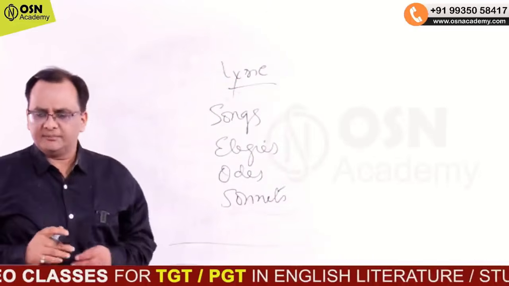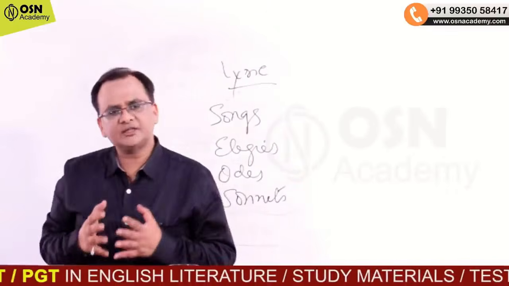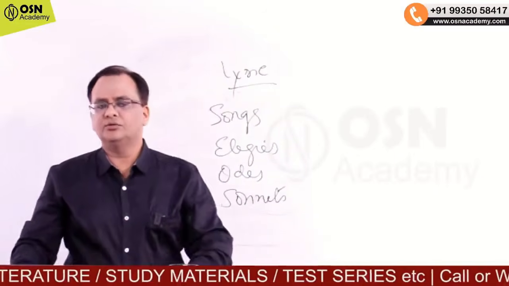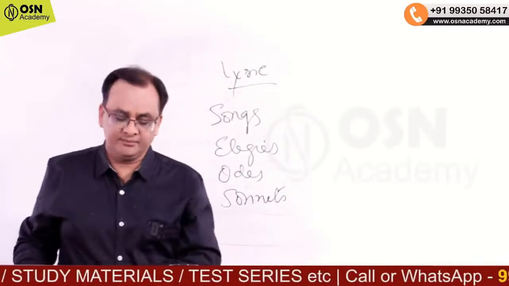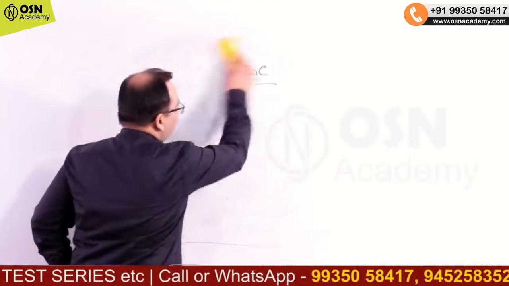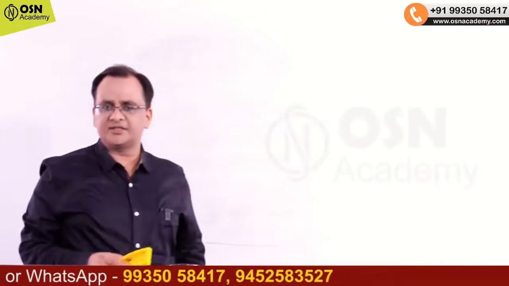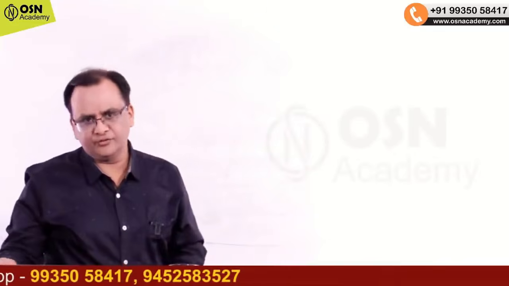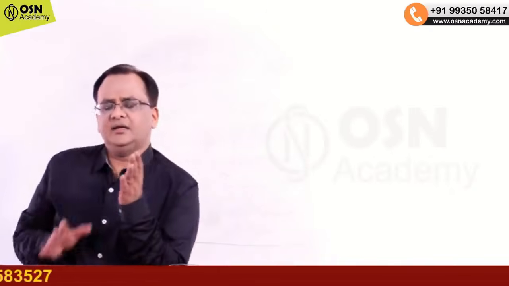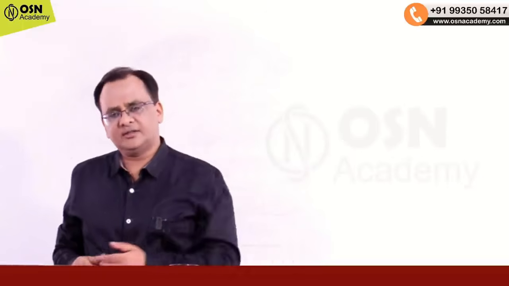ठीक है. And these are the things due to which the poet expresses the feelings of a single speaker, and lyrics are also the most common type of poem in even modern literature. आज modern literature में भी आज हम इतना आगे आ गए, फिर भी lyric poetry हमेशा सभी poets की नंबर 1 पसंदीदा poetry होती है. And if we talk about lyric poetry in detail, elegies, जैसा मैंने आपको बताया भी, elegies, odes, sonnets, etc.